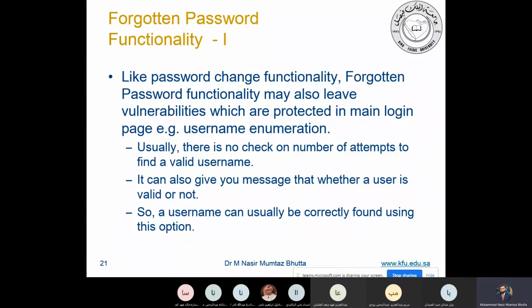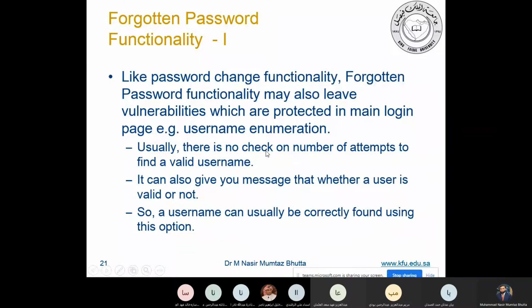Then where is the secret that in which city you were born? So these kinds of questions are really vulnerable to these kinds of attacks. This is the most vulnerable because here the possible options are not so many, and you can easily launch a brute force or guess the different situations to hack the password easily. Also, in the forgotten password functionality, when you are entering your answers, usually there is no check on the number of attempts, how many times you enter the username or how many times you answer the secret question.